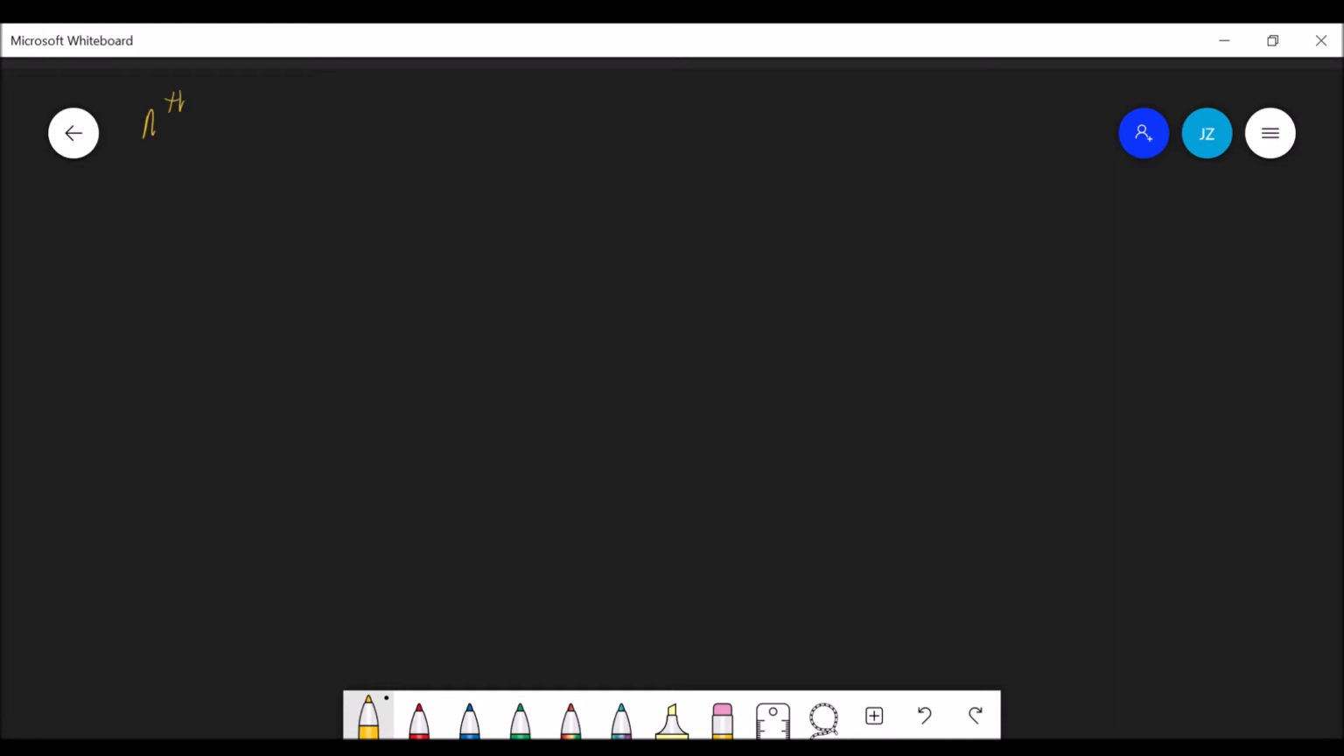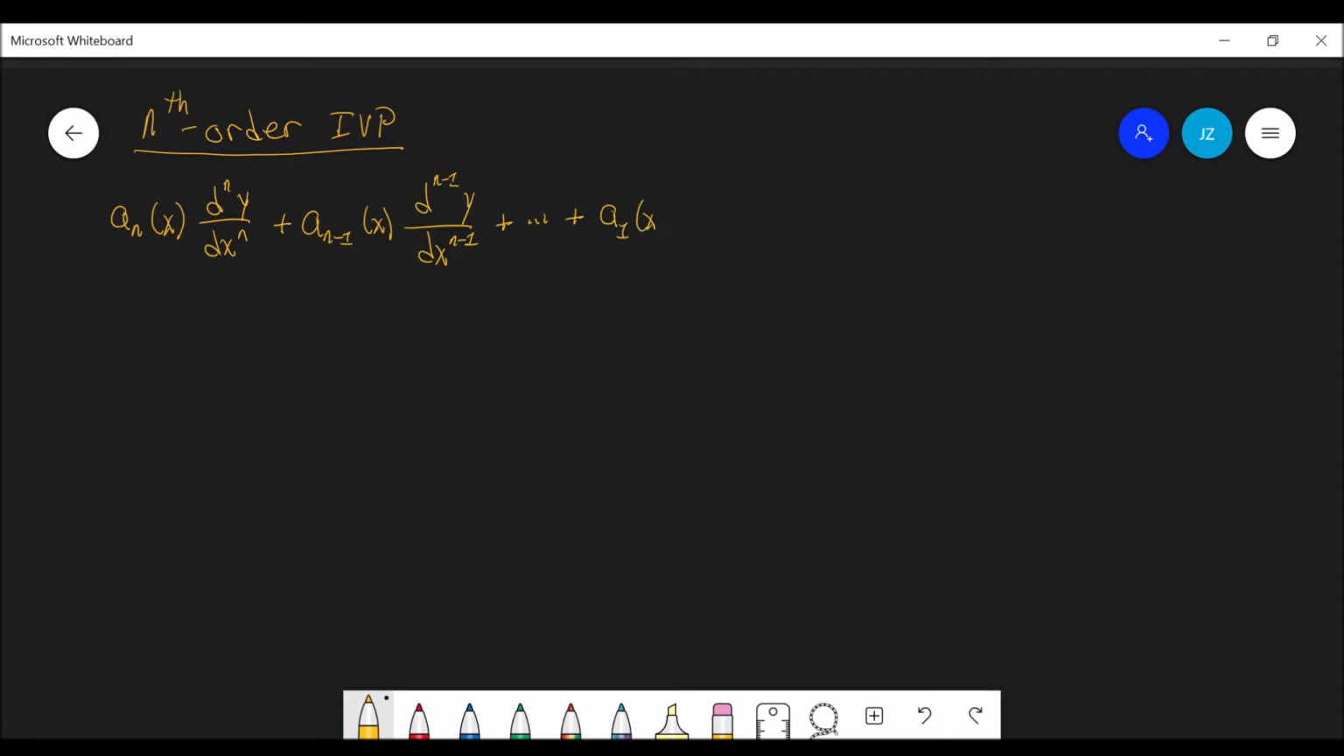Recall that an nth order initial value problem is a problem of the form a sub n of x d^n y over dx^n plus a sub n minus 1 of x d^(n-1) y over dx^(n-1) plus so on and so forth plus a1 of x dy/dx plus a0 of x times y is equal to g of x, with the